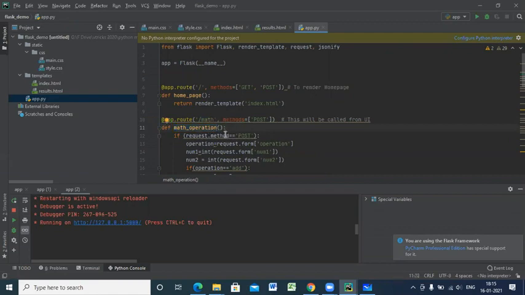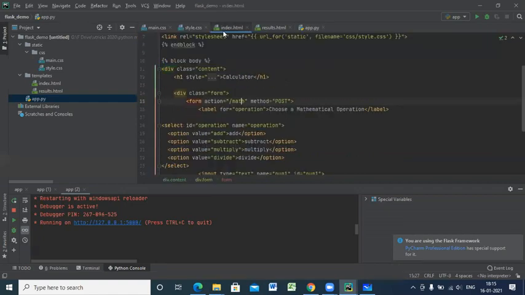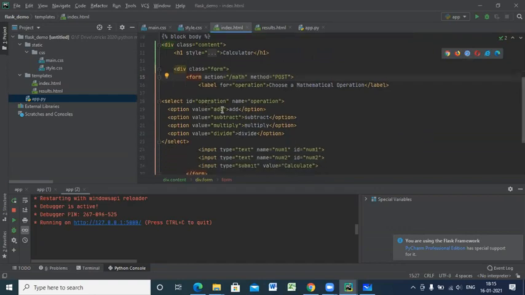Now, depending upon the user's request, it is a post. Post means that someone has given some request from the front end, HTML; some request has come, and it becomes a post request here. I want you to understand: if the request.method is equal to POST, meaning someone is sending a request to me, what has to be done? I'll request the form to say, boss, what is that operation? I'll give the operation here as the value add.